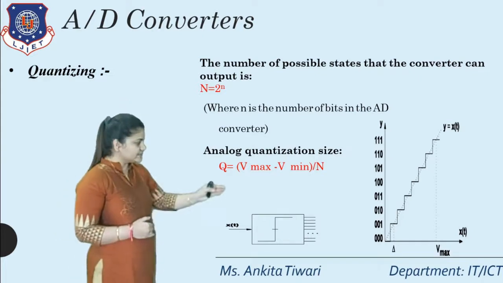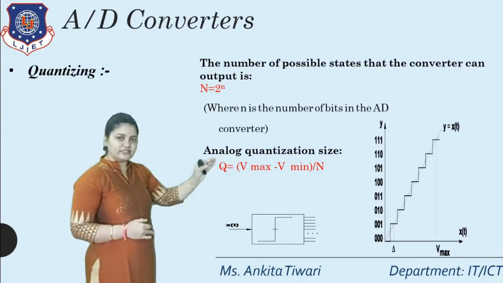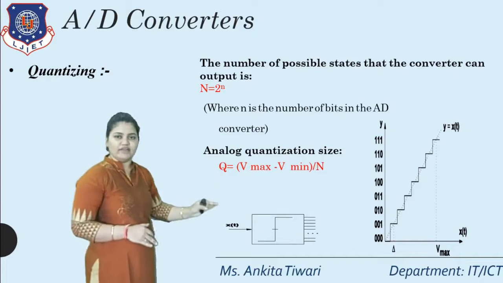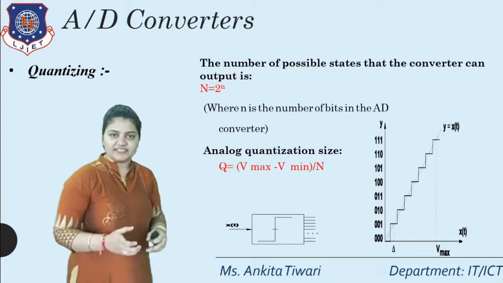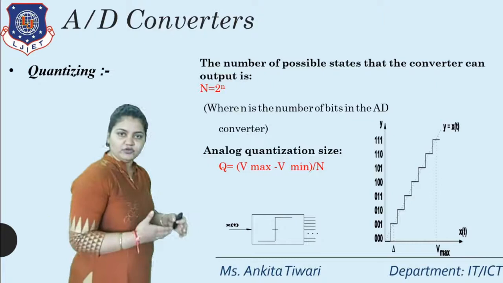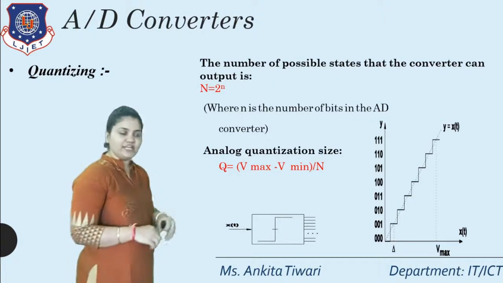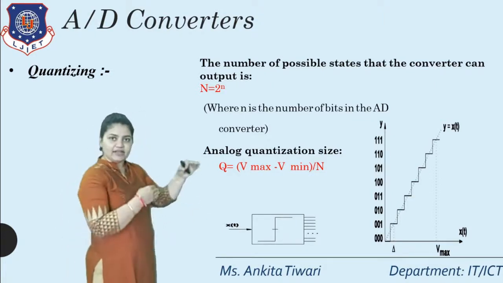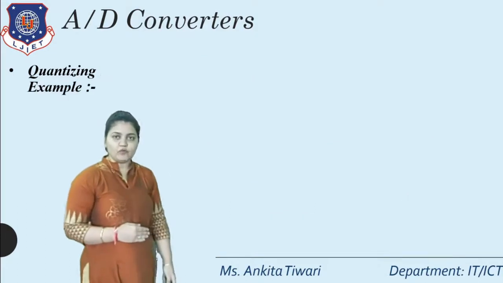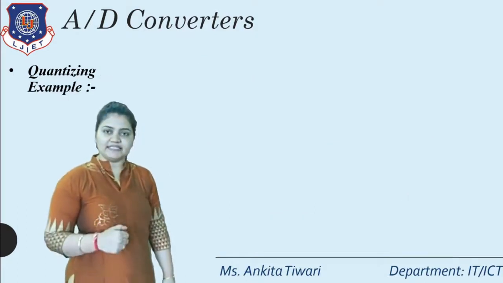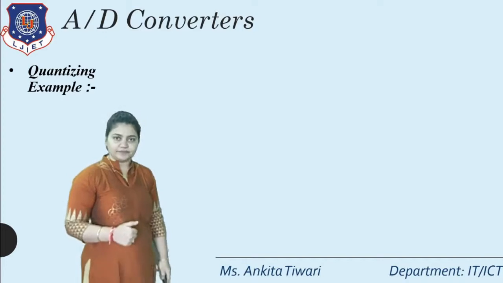Now, as you can see, it's a zigzag or step-like structure because it's digital. Its value is in discrete form, that is 0, 1. With respect to that, for a 3-bit value, we start with 0, 0, 0 and the value ends at 1, 1, 1. Now moving forward, we can see one example and understand the topic.